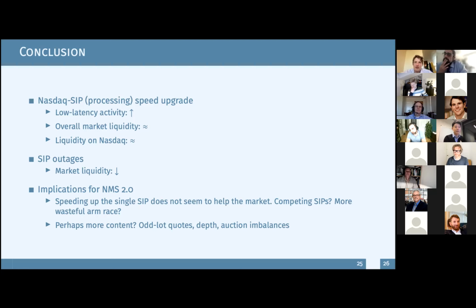So Shihao, this is the other thing, and you might have said this and I just missed it, but I think about a SIP outage as affecting everyone. All the fast traders are also going to be looking at the SIP, at least for regulatory messages. Is that your interpretation of the results on the SIP outage, that it affects everyone? Or are you saying that it would really especially affect slow traders?